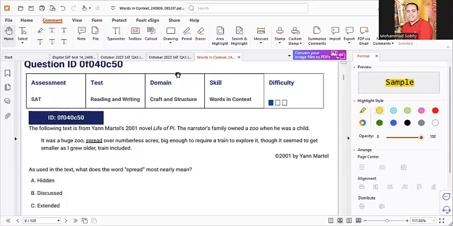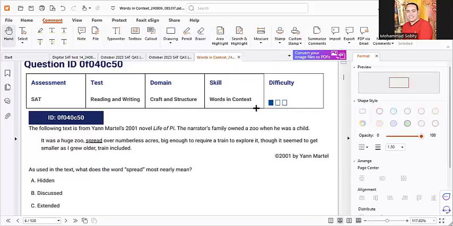Let's move to the next question. In the second session, we will take something else. This training is only on context, words in context. In the second session, we will take a real test to discuss rules for standard grammar conventions and some other reading skills. But now, till the end of the session, we'll continue with words in context because it's very important. Even if the test doesn't mention this domain or this skill, you need to understand the context of words in other questions.